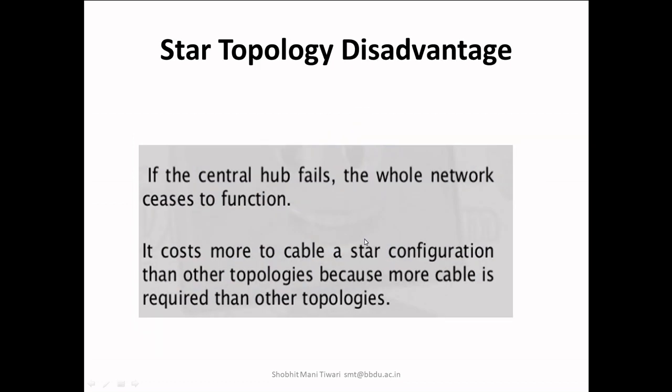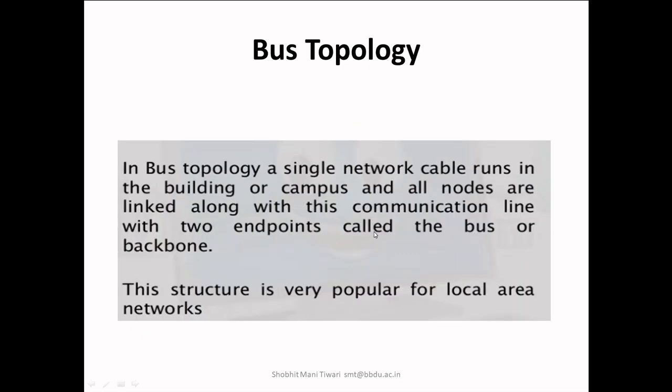Now come to the second, which is bus topology. As the name suggests, it will be a kind of physical topology structure which is related to a bus. In a bus, we often see passengers sitting on the left and right side, and a common path through which a passenger moves from one end to another end. In the same way, in bus topology, we will have a common interconnection or common bus through which many devices can be configured or connected.